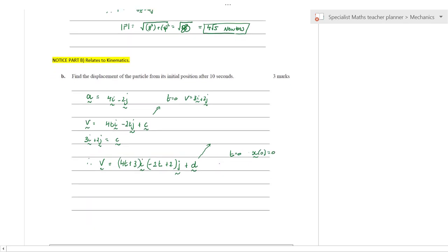Okay, so now what I'm going to do is, let's go for our x is equal to, we've got to go 4t squared over 2 plus 3t i, minus 2t squared over 2 minus t squared plus 2t j, and of course we've got to find